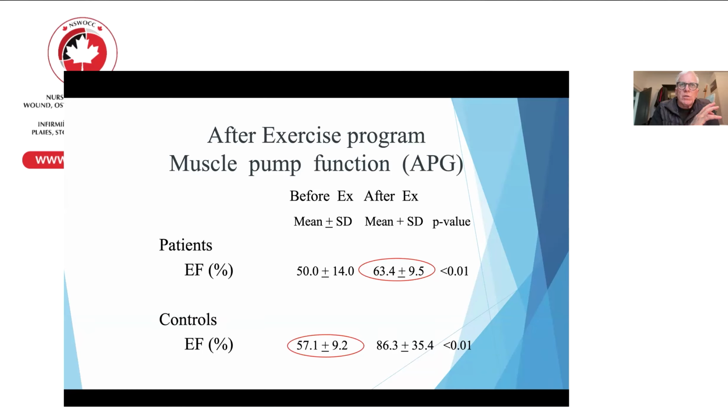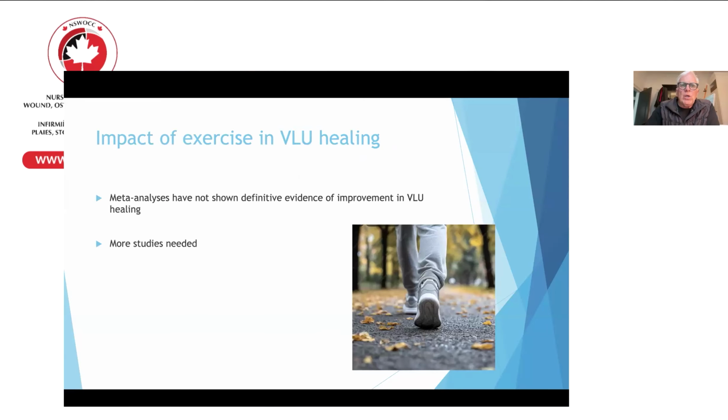So this is just showing us that physiologically, exercise increases strength and increases calf muscle pump function. When we go to look at how much it actually improves healing, there have been a number of studies, not a large number, but sufficient to give us a suggestion that it might improve healing. But a recent meta-analysis was unable to show definitive evidence that supervised exercise programs actually improve venous ulcer healing. But there's still more work to be done in that area, but it's certainly not a definitive evidence that it